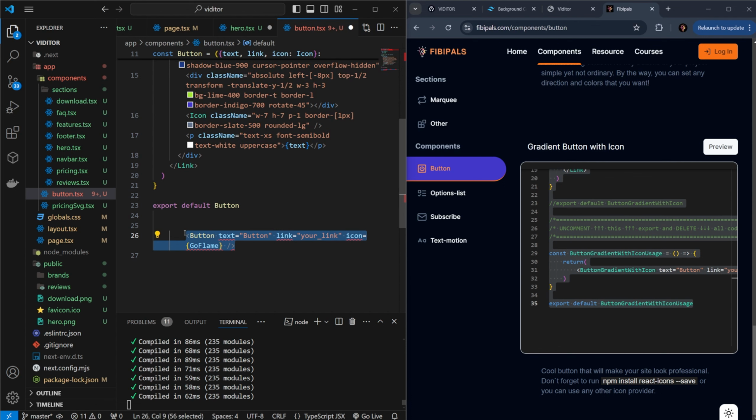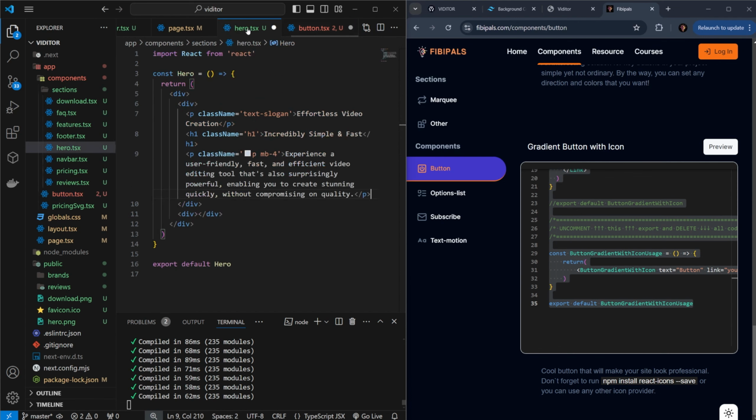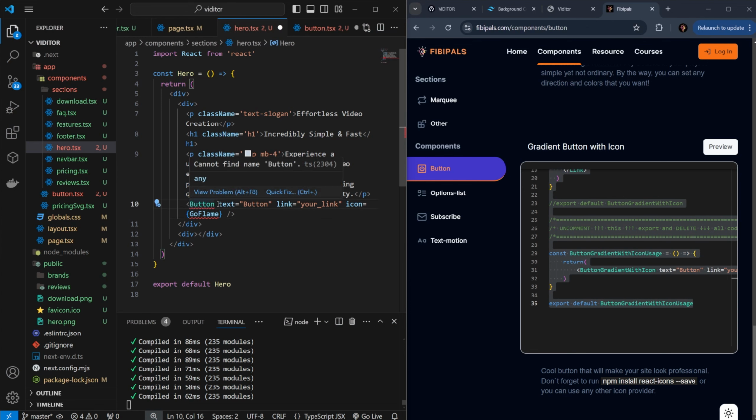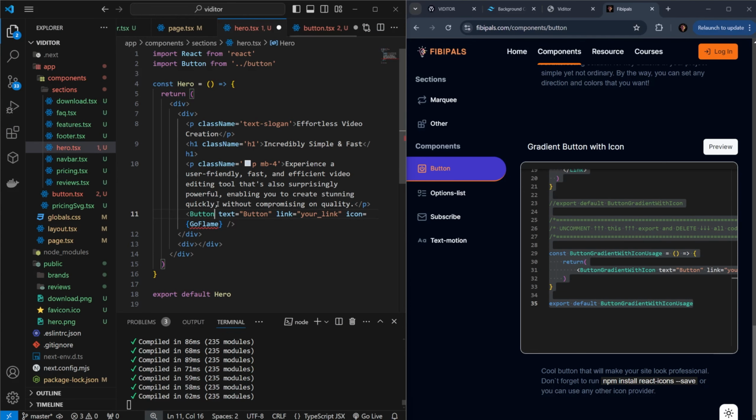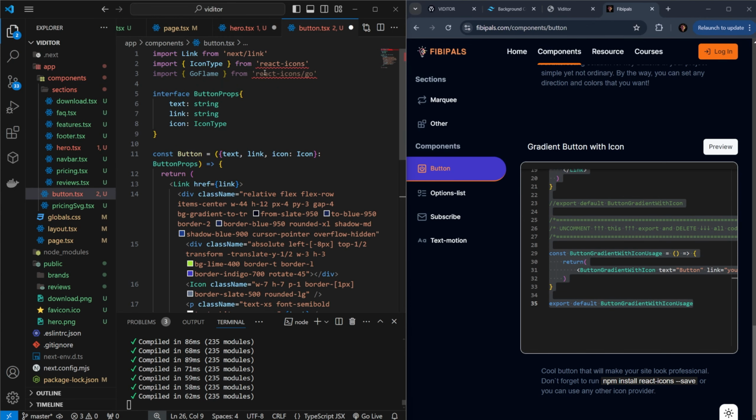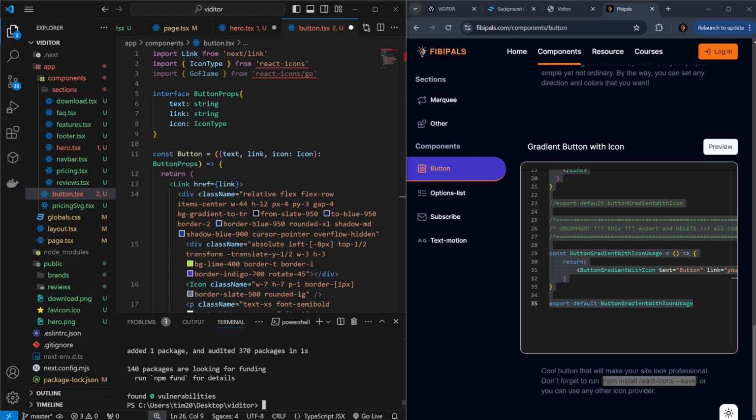Then cut this part and paste it in Hero section. Then we need to import this button. And as you can see, we have an error because we forgot to install the React icons. You can see this command in fibpulse.com, so copy it, then shut down the terminal, paste this command, click enter, then one more time click npm run dev,